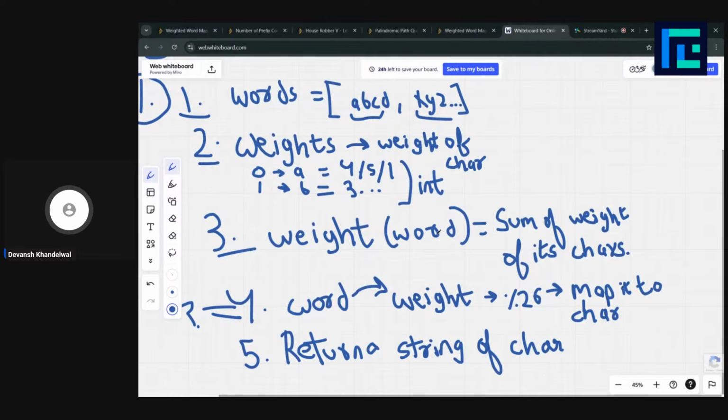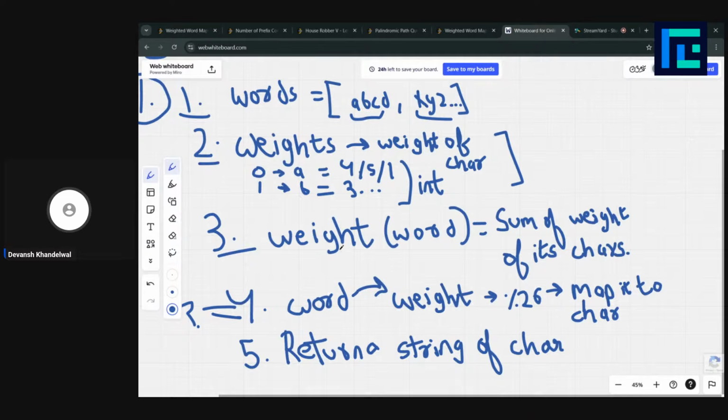So this is our entire question. This is what we got from the question, right? We are basically given a words array of strings where each index we are given a different string. And we are also given a weights array. And what does the weights array tell? It tells us that each index corresponds to a character. Its zeroth index corresponds to the very first character, and we are given a weight of that character. Similarly, each character has its weight. This weights array tells us the weight of that particular character.